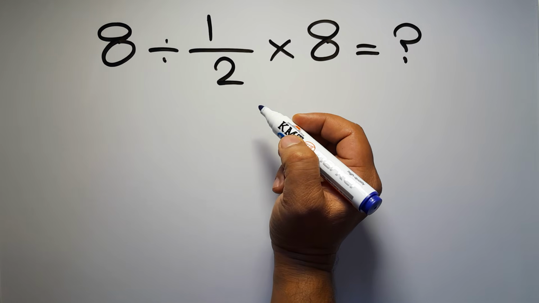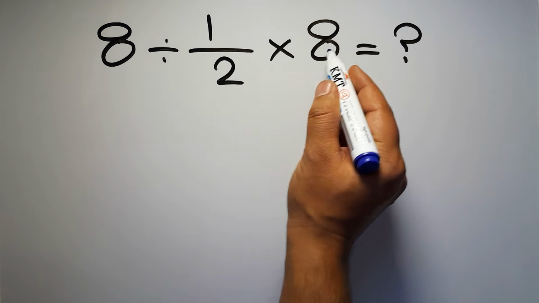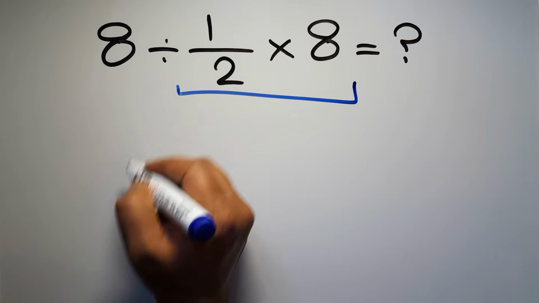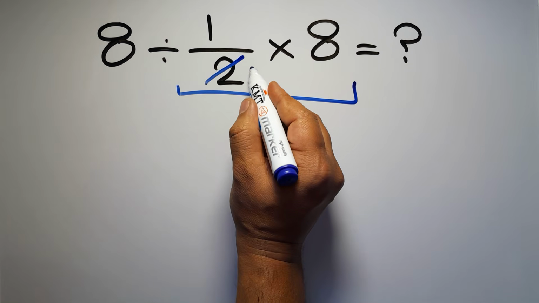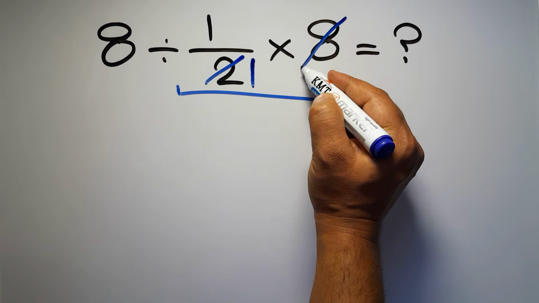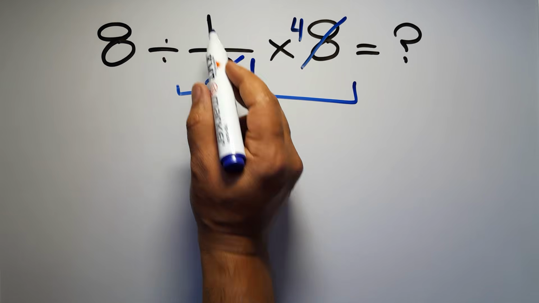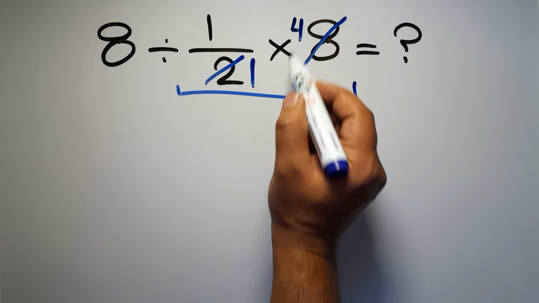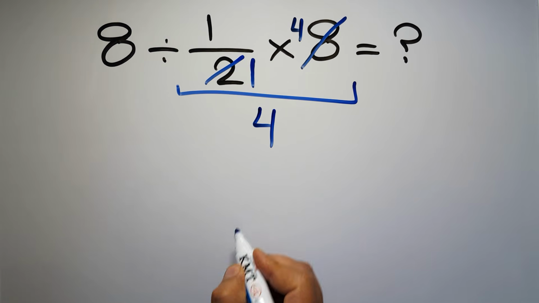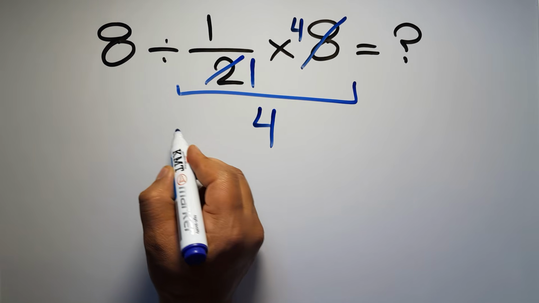First, we do this multiplication. 1 over 2 times 8. 2 divided by 2 gives us 1, and 8 divided by 2 equals 4. So here we have 1 over 1 times 4, which equals 4. So 8 divided by 4